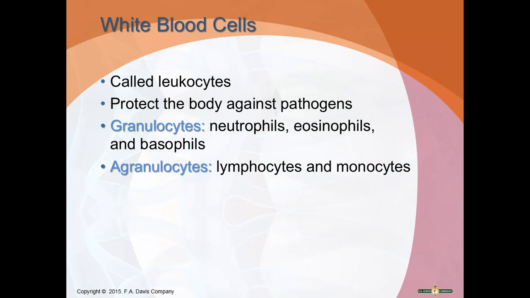Granulocytes contain a single multilobular nucleus. The 3 types of granulocytes are neutrophils, eosinophils, and basophils. Agranulocytes include lymphocytes and monocytes. So the chart in your book on pages 260 and 261 talks about the neutrophils, the eosinophils, the basophils, lymphocytes, and monocytes. So make sure you look at the function,